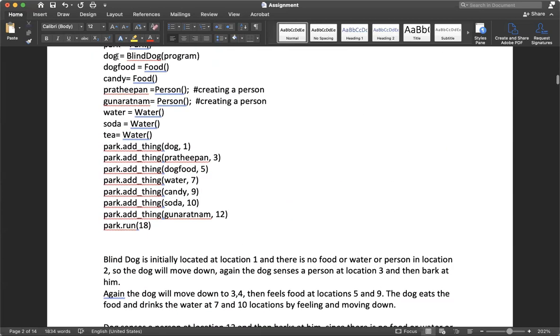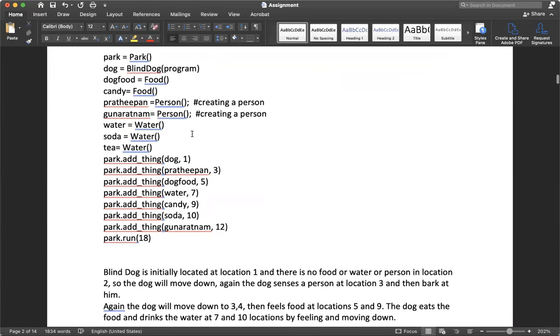So initially we create the foods, the person, and the water. We assign everything over there, like water, soda, and tea. Then we create the location with the food, person, and water. Then, based on the program, the dog is located at 1, it moves down to location 2, then moves down to